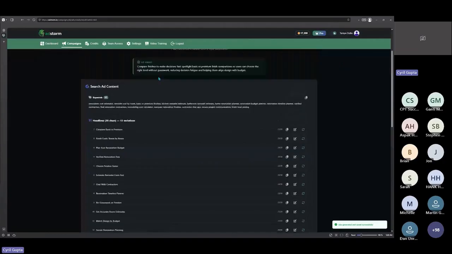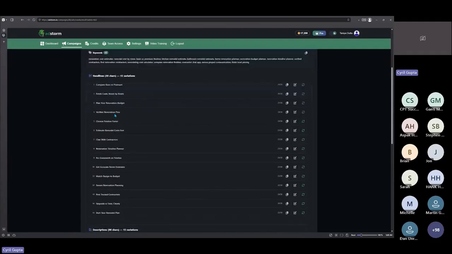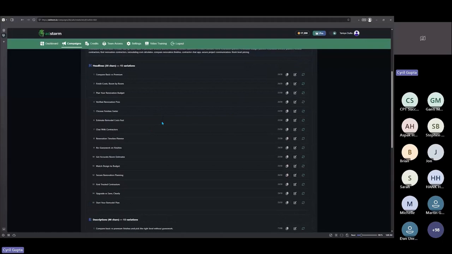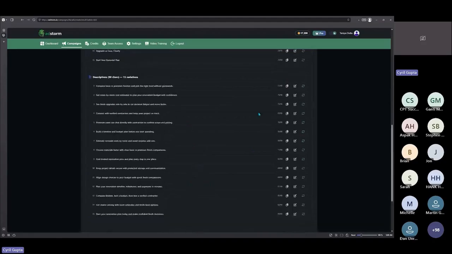So you've got all the different things that you need to run search ads. The first thing, you've got keywords. So it's got keywords targeted based on the ad that you created. So you created an angle, let's say for renovation cost. That's what I used. So all the keywords are related to that particular angle. Then you've got the different headlines which you can use on Google. And remember, it knows the exact specification of Google headlines. So it will create the headline within 30 characters, just the way Google wants, right? And then descriptions within 90 characters, and it's all done for you.